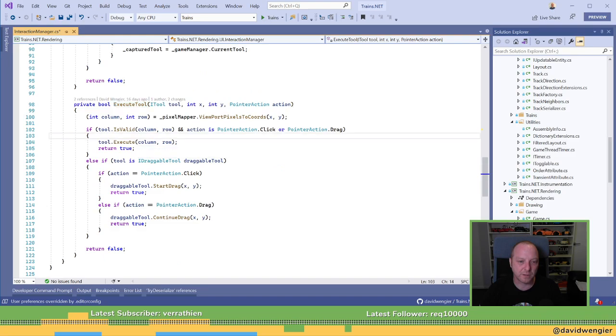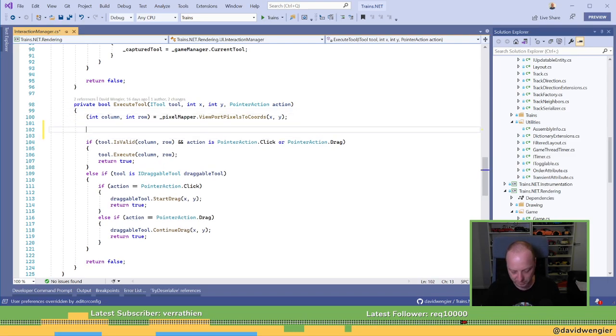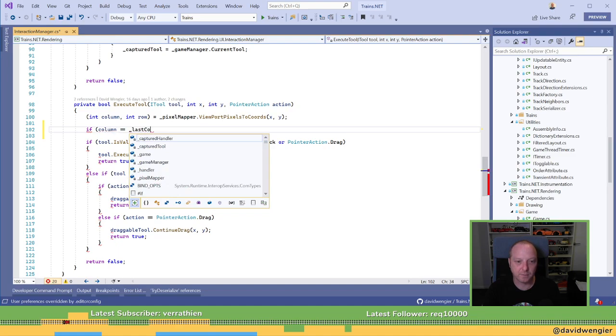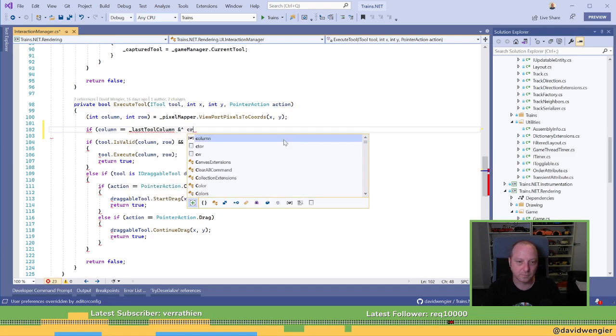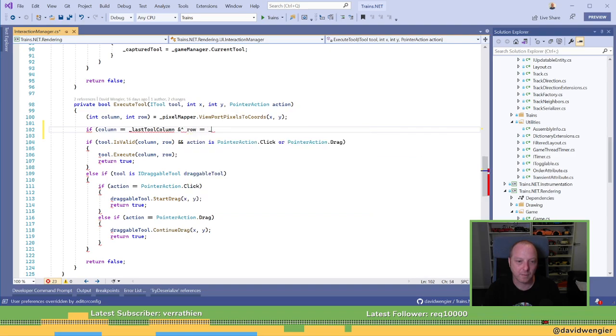So, oh, this does the dragging as well. Okay. So here, I want to go, what am I going to say? If column, last tool column, last row.